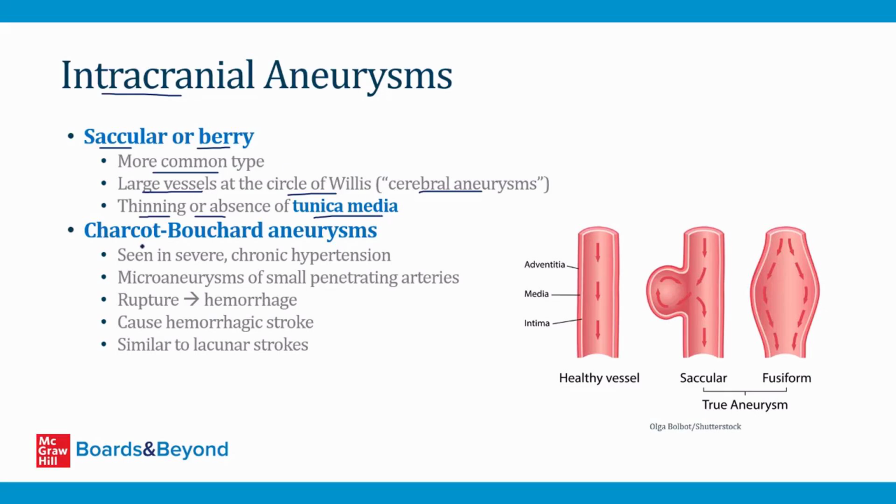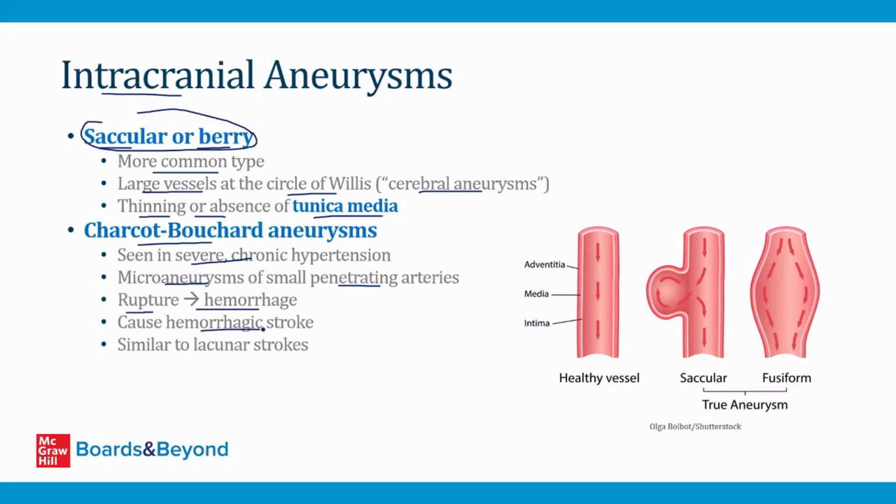The second type of intracranial aneurysm we'll talk about in this video are Charcot-Bouchard aneurysms. These generally only occur in patients with severe chronic hypertension that is poorly controlled. These are much smaller aneurysms compared to saccular or berry aneurysms. They're called microaneurysms because they involve very small penetrating blood vessels. And the problem with these types of aneurysms is that they can rupture and cause hemorrhage, and this will lead